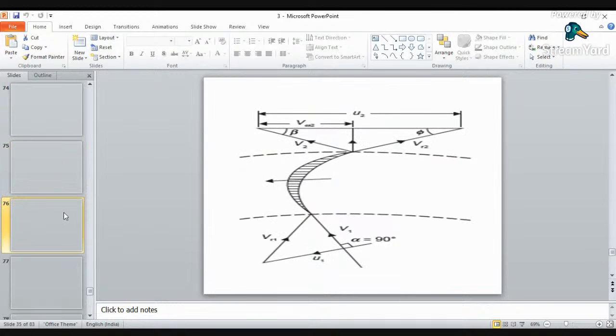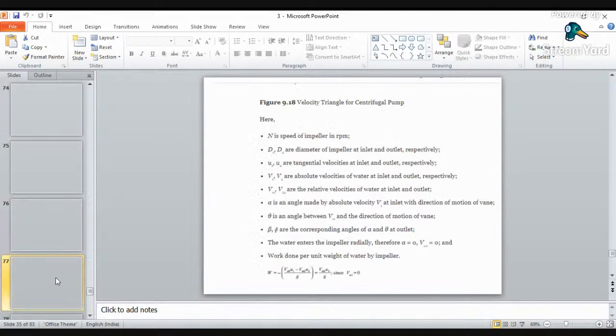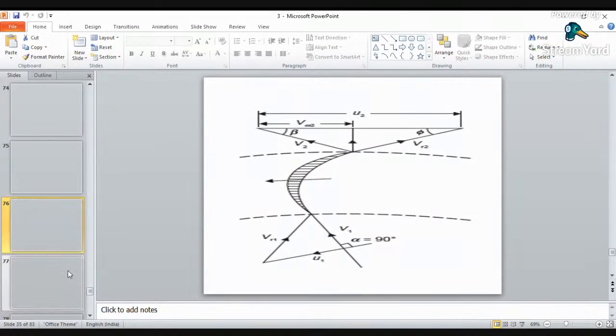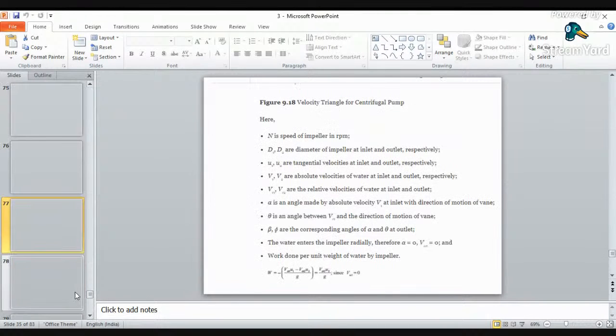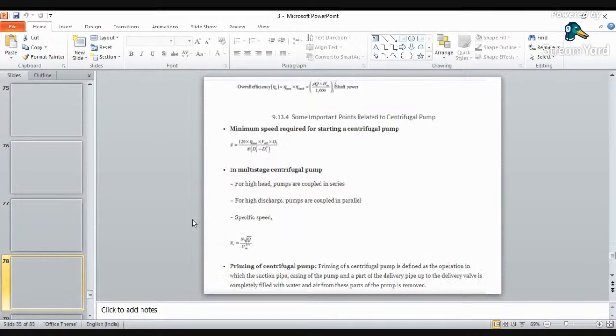Okay, this is the velocity triangle of a centrifugal pump. These are all the notations which were used in this velocity triangle, and these are a few formulas by which you can find out the various unknown quantities or unknown components of a centrifugal pump. Okay, so here discharge is again given by